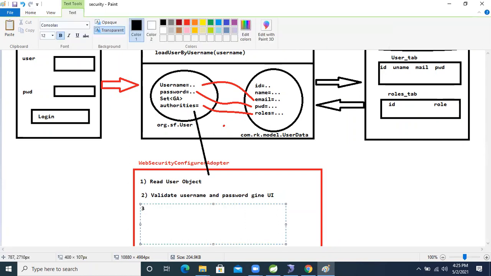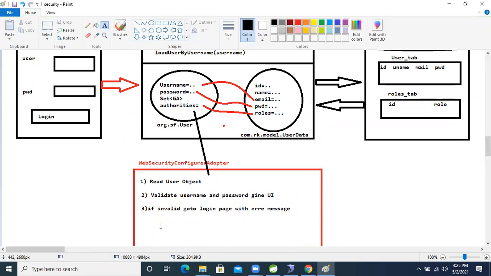Okay, so what is the third operation, guys? If invalid, go again to the login page with an error message. Go to the login page with an error message, right? So just think about that: if any error comes,